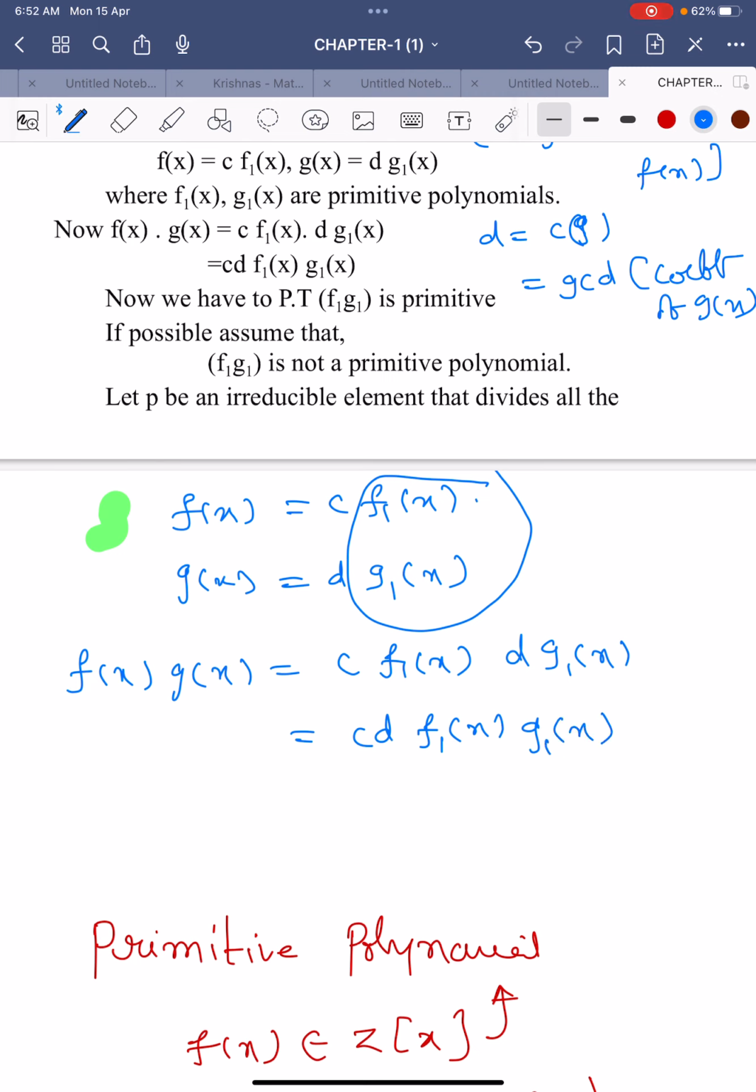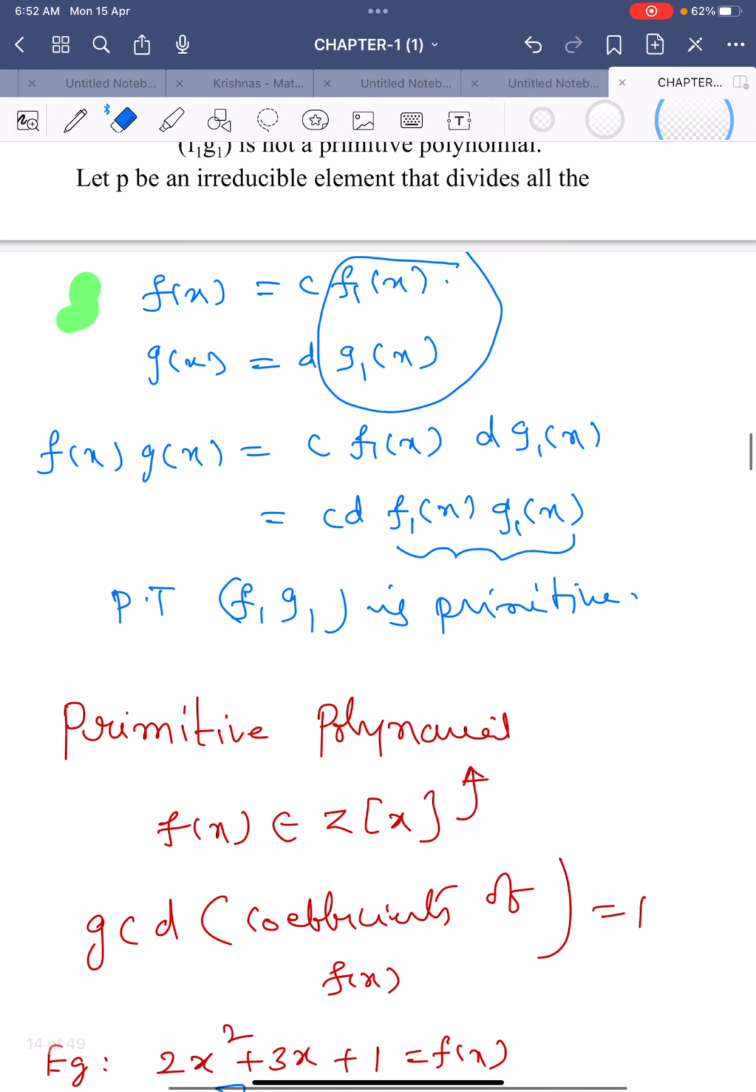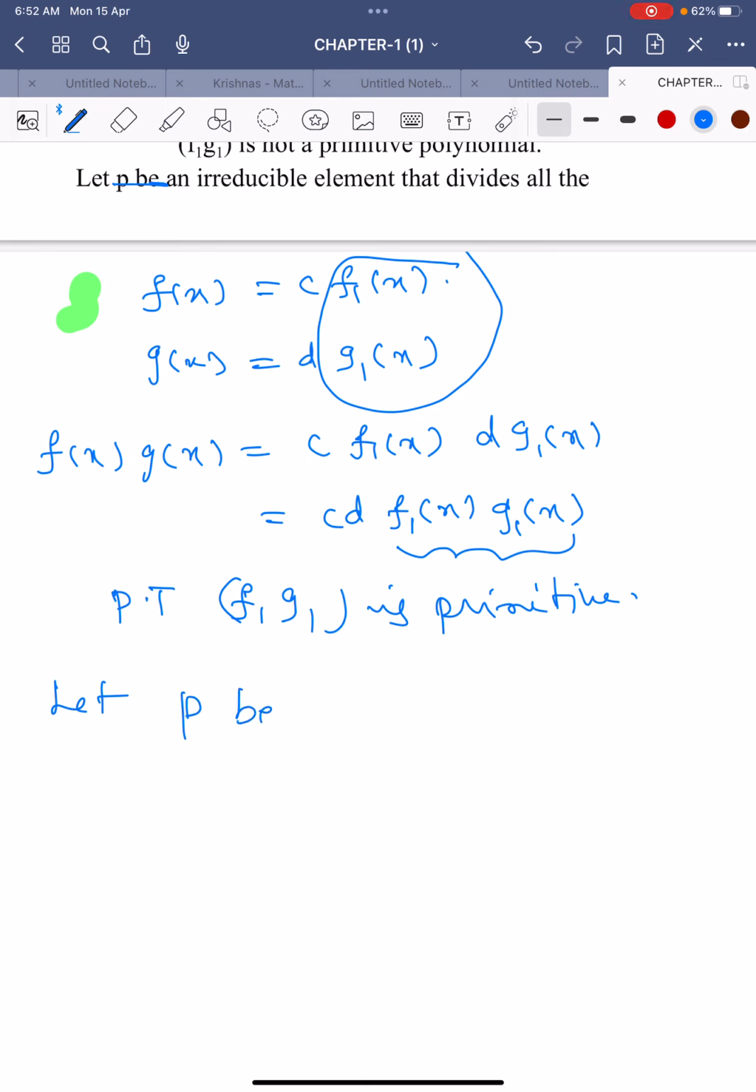Now we have to prove that this f1 of x into g1 of x is primitive. Our aim is to show that f1 g1 is primitive. Now to prove this, let us define a prime number. Let P be an irreducible element